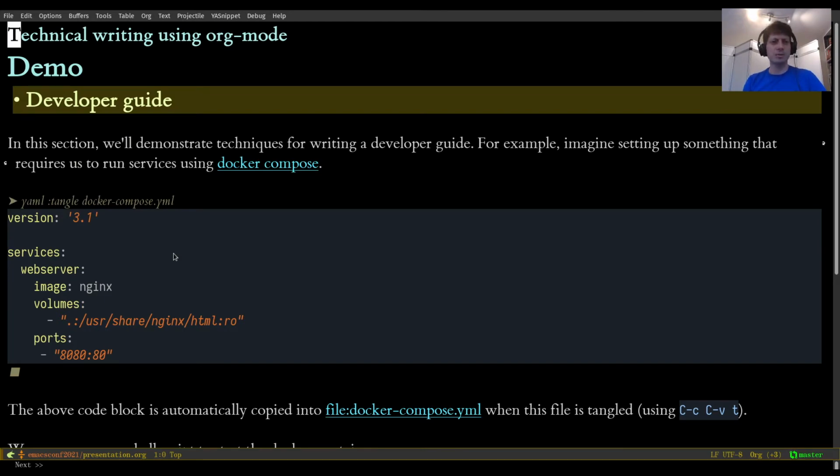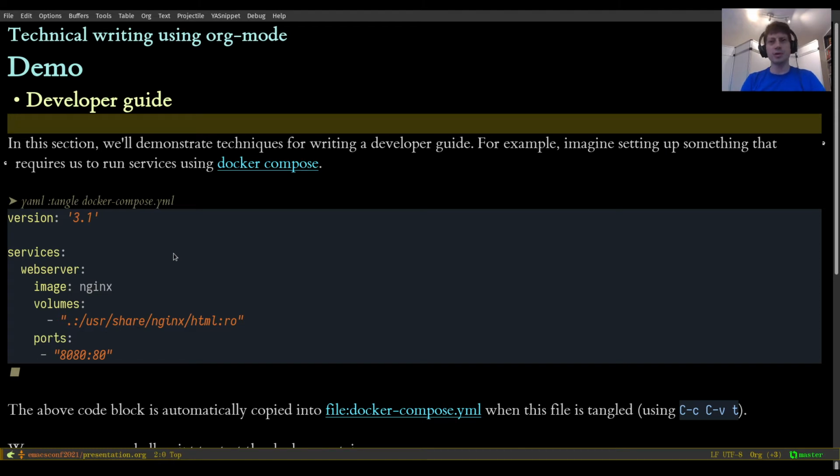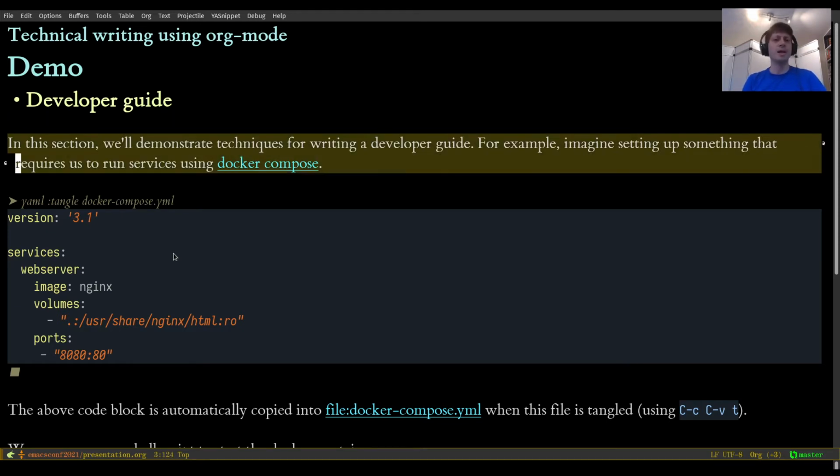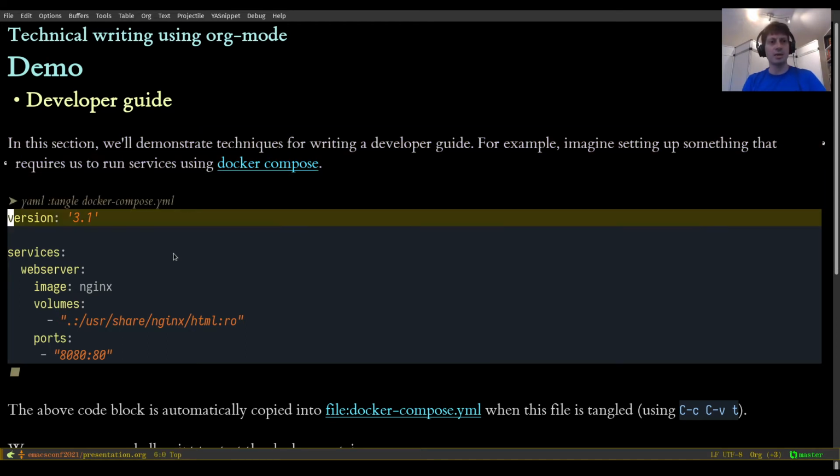So let's look at what a couple of scenarios using this might actually look like. And let's start with imagining that we are writing a developer guide for a service or a library or a computer program that we might be writing, and imagine that we have some dependencies that the program requires that are configured using Docker Compose. For those that don't know Docker Compose, it's a way to quickly describe some Linux programs that can be immediately run without installing too much dependencies. You define these using a YAML file called a Docker Compose file.